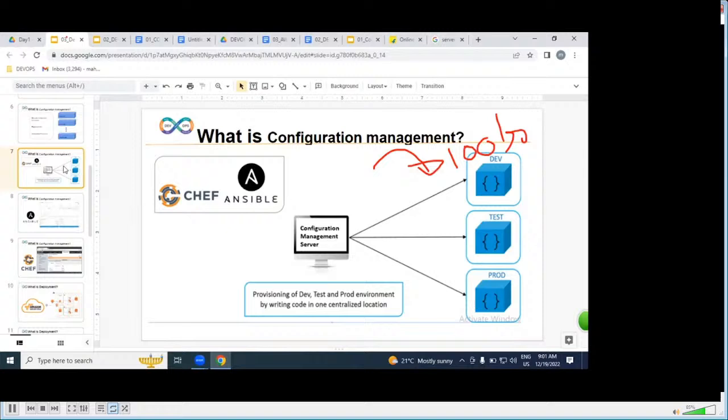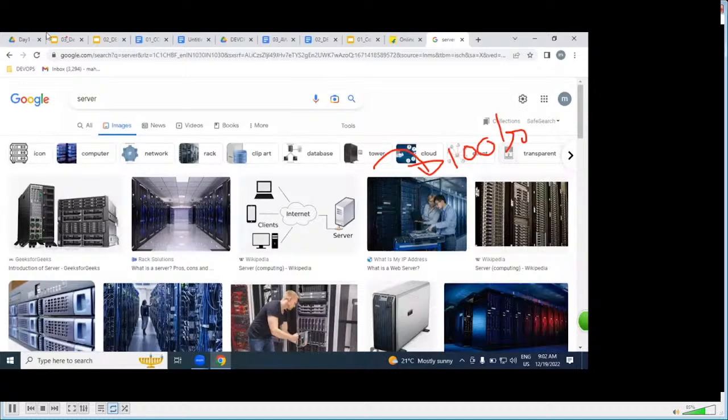Am I right? So we are going to deploy on where? AWS servers. By using Ansible and Chef, we are going to deploy our applications on hundreds of AWS servers. That is the point we have been discussing from the start of the session. Application: what is an application? I've shown you only one server, but right now 100 servers. But where are the servers coming from? AWS. That is the point.